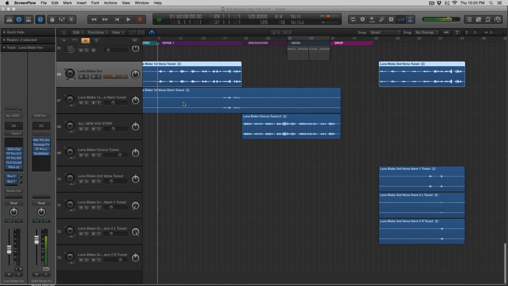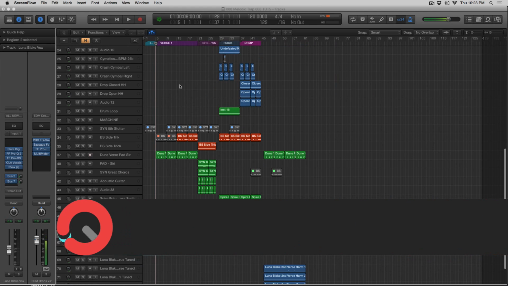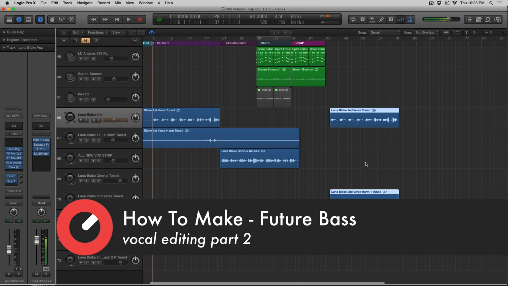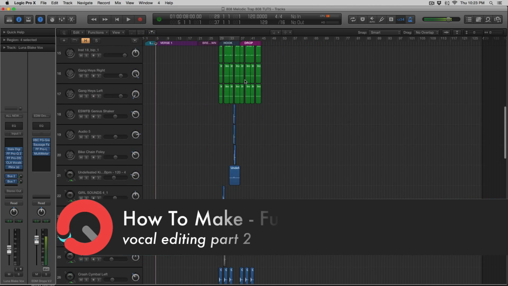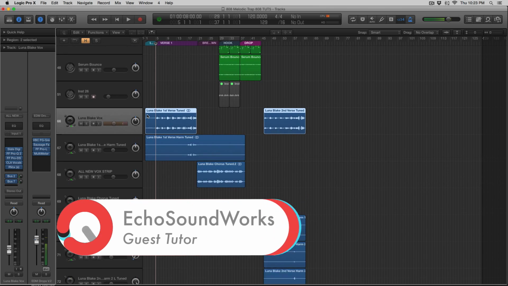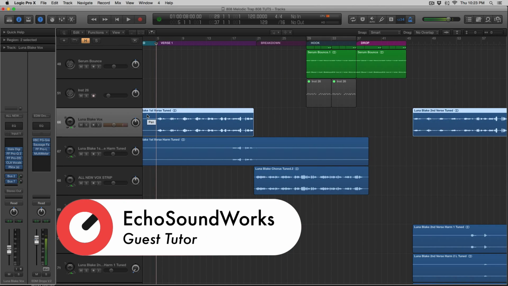All right, guys, so I have the vocals exported into the session that we've been working with, and I've copied and pasted out the second verse of that as well. So I have a very clear picture of where things are going with the track. In this video, we're going to do some rough vocal mixing, and that's the first thing I'll mix really in